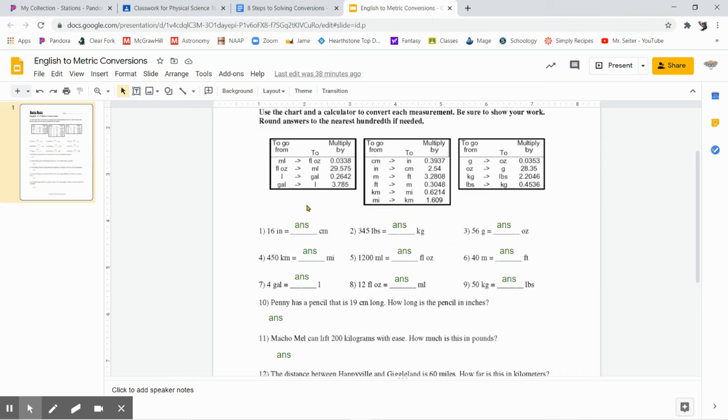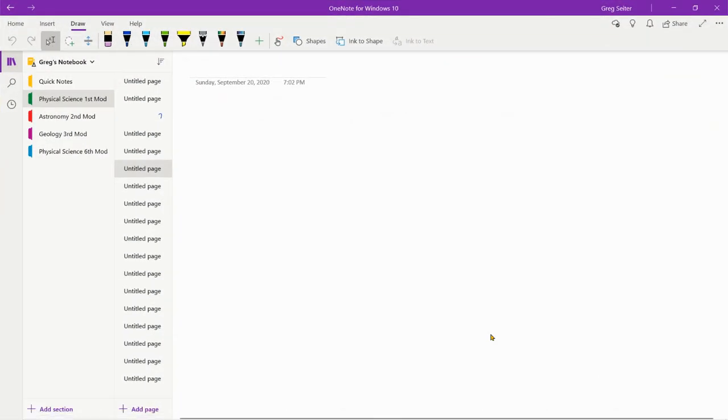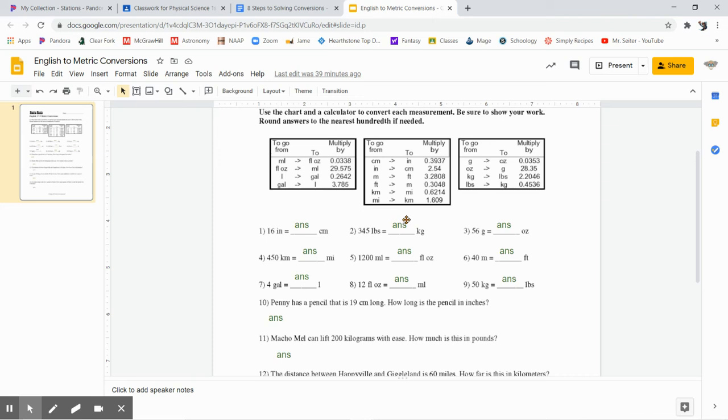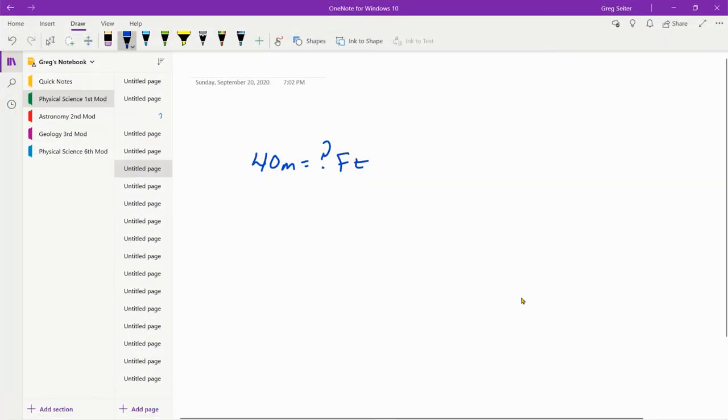40 meters equals how many feet? There we go. Let's get our conversion. All right, meters to feet, 3.2808. Okay, so 1 meter